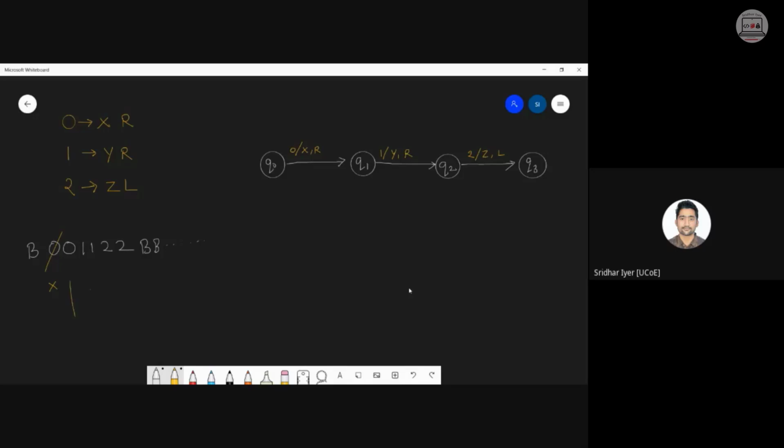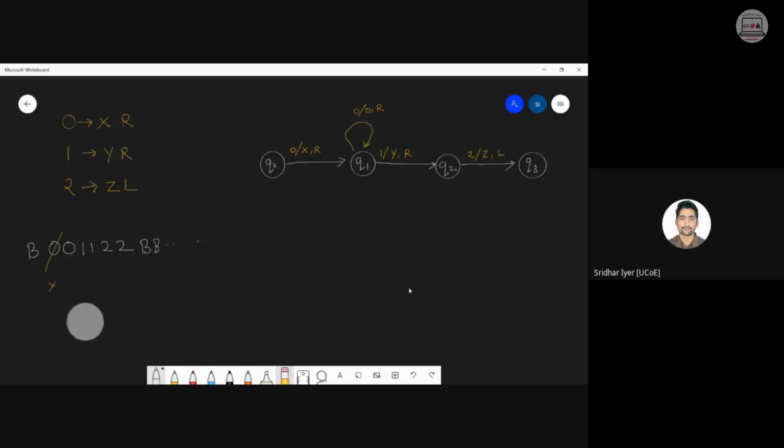So now my pointer is pointing over here. I am in Q1 state. So what should I do now? Bypass, correct. So for bypassing, we simply need to add a loop over here. Yes or no? So this loop will be somewhat like this. Whenever we encounter a zero, immediately after a zero, I need to bypass that. So keep it zero and keep moving to the right. Correct? So I'm simply moving to the right.